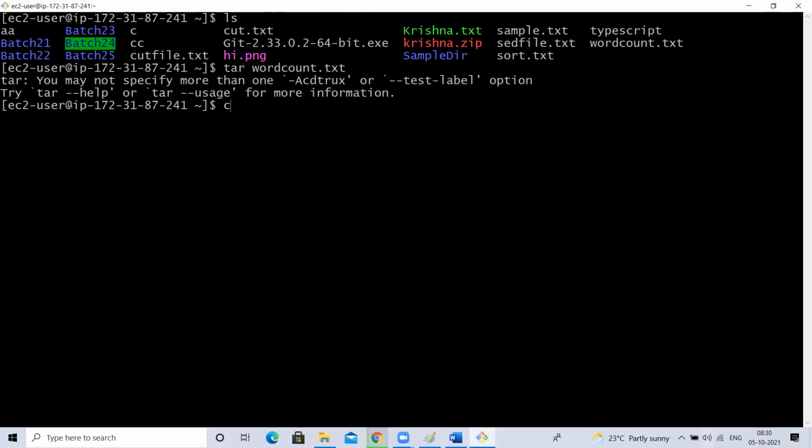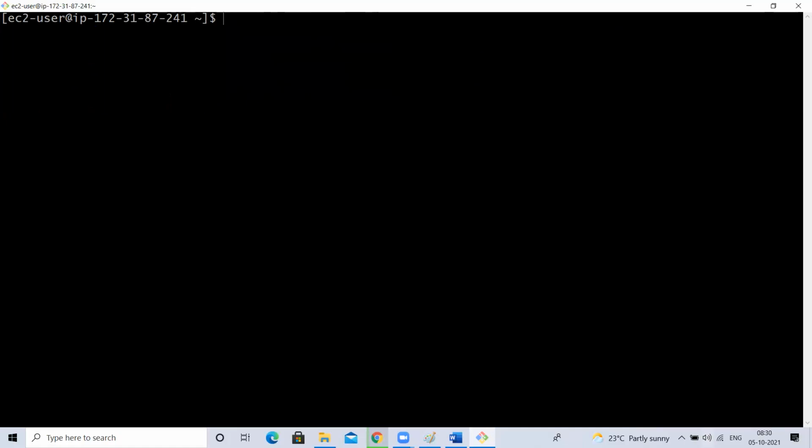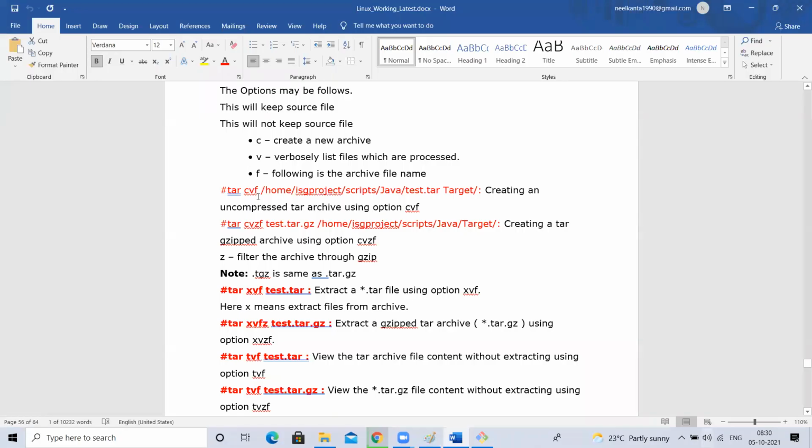But before doing this, let me tell you one thing. For zip, we have a zip command. For unzip, we have an unzip command. But for tar, there are no separate commands for tar and untar. We have only tar, which we use for both tar and untar, but using options like CVF, create verbose file.